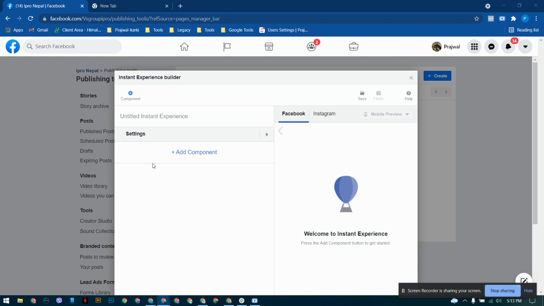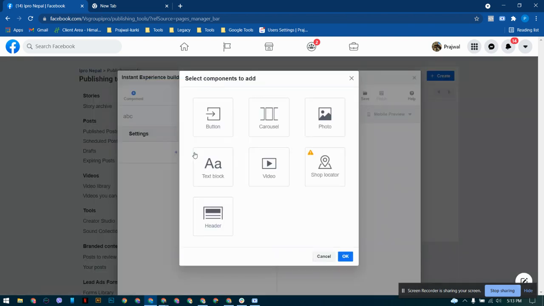We all know Instant Experience is something most of the people aren't familiar with. This is basically built for creating ads later on, but for the sake of creating a carousel post, we'll be taking its help today. So just give it a random name for now. You don't have to work on this. This is just for trying to access the post creation tool, which will give us the option to create a carousel post. So for now, just use some random settings.